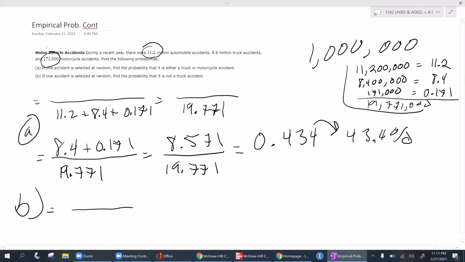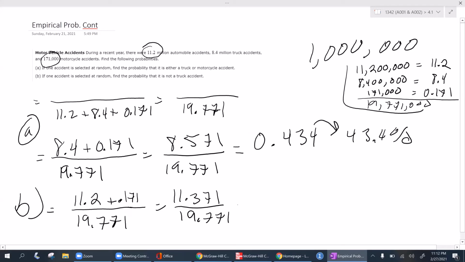This is going to be 11.2 plus 0.171 over my total, 19.771. If we compute these, this would be 11.371 over 19.771, and this here would be 0.575